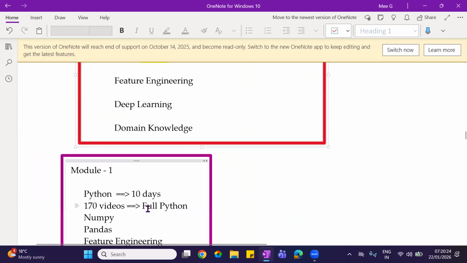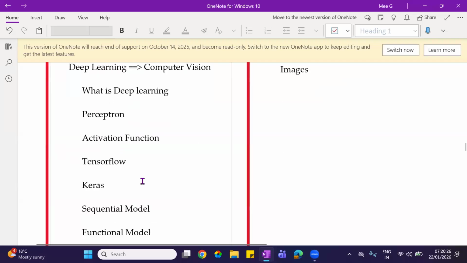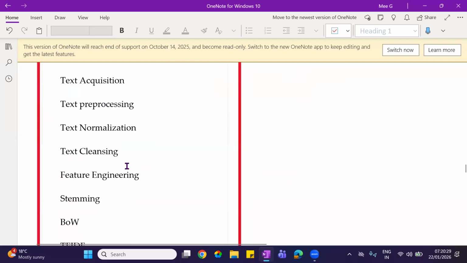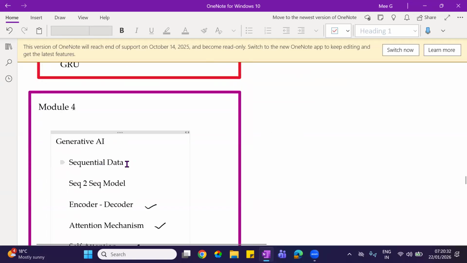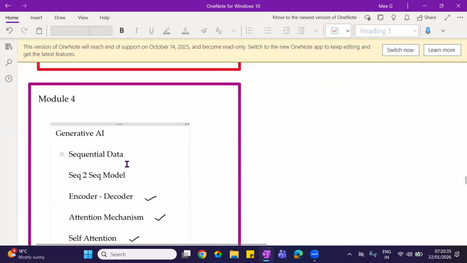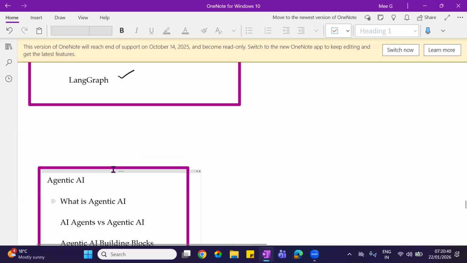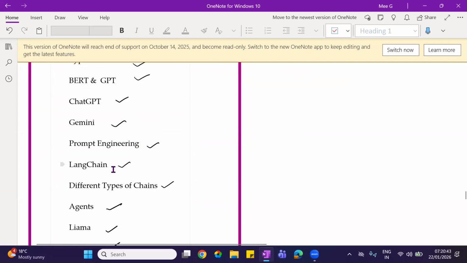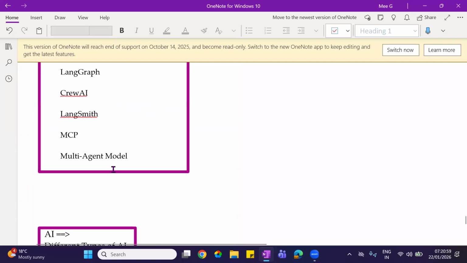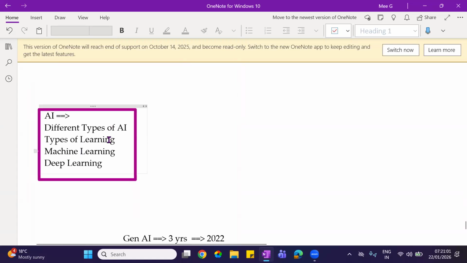First, we will start with the basic Python, and then we will go with the deep learning course curriculum, NLP, and module 4 will be Gen AI, then module 5 will be our agentic AI. Okay, in total it is divided into 4 modules if you exclude the Python. So totally, one is with the Python basics, then second one is our deep learning, third is generative AI, fourth is agentic AI. These are the ones I explained yesterday.